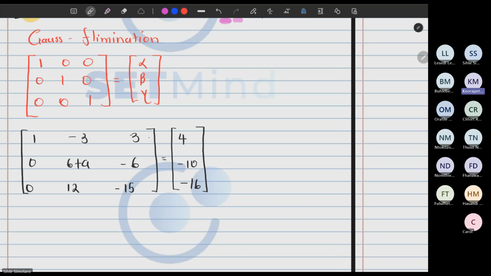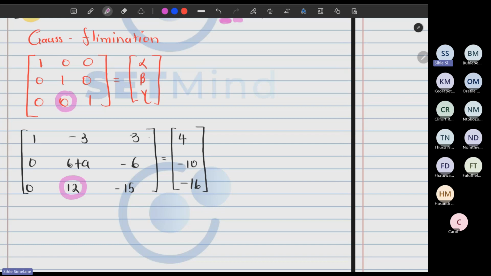So can't you try and eliminate the 12 there by using, I don't know, maybe row 1, so that we have a unique solution? So now what we need to eliminate is that, because if you look, there you go, we have a 0 there. So we need to think carefully, how can we eliminate the 12 there? We need to think really carefully